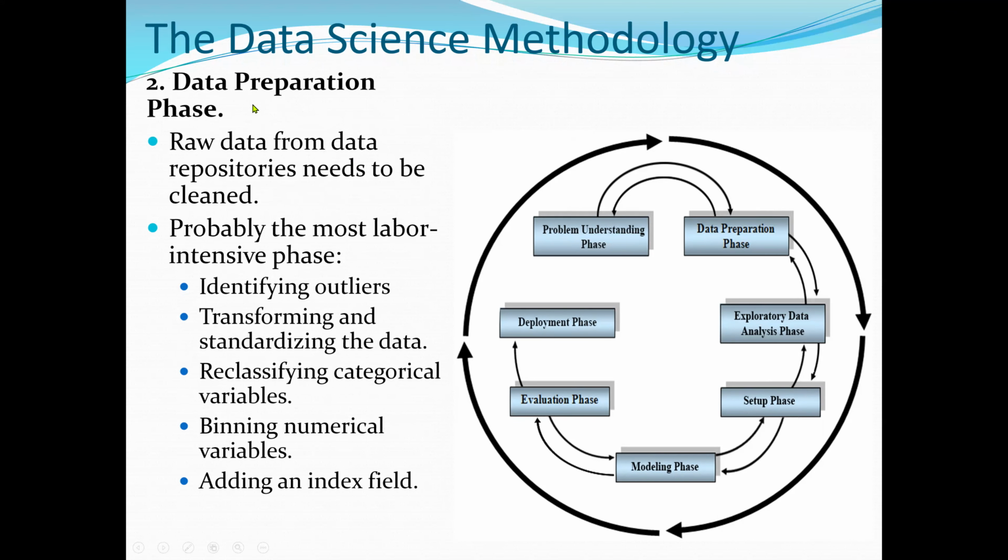Then the second phase, we are going to do data preparation. This is where we normally spend a lot of time. So we can do transformation of data, standardization, also identify the outliers. If possible, we are going to recode the data values or reclassify categorical variables. We can also do discretization, which is binning numerical values. Again, we will go through these steps as we move on with the lectures, the class.